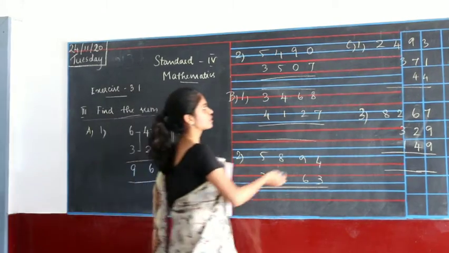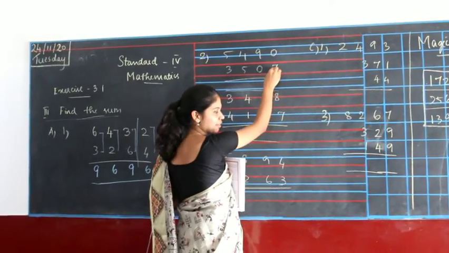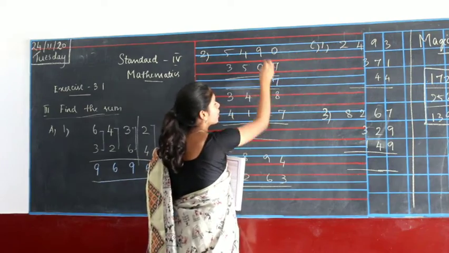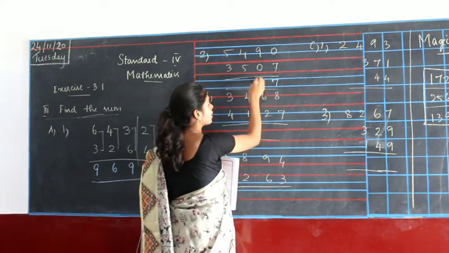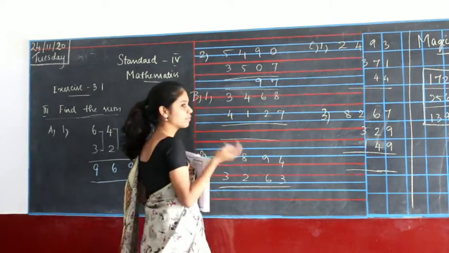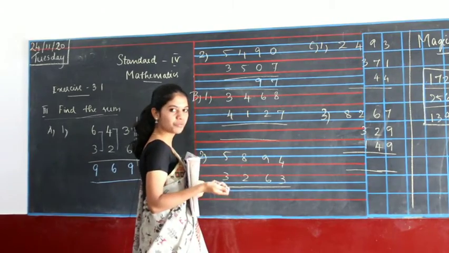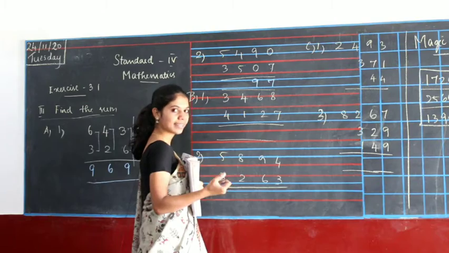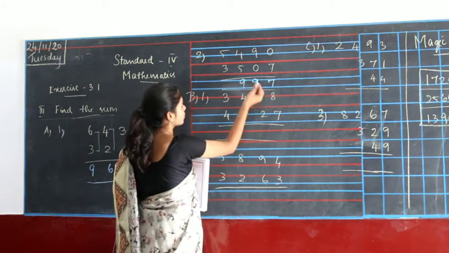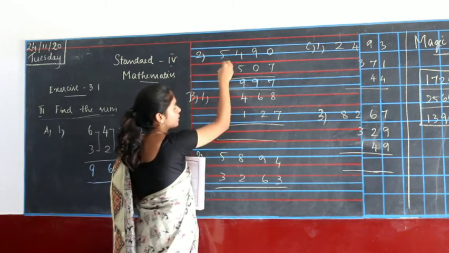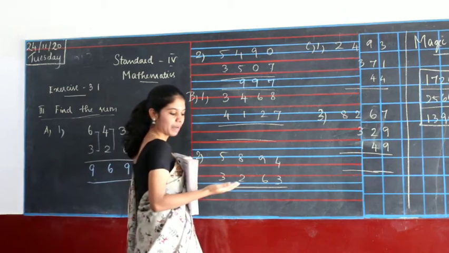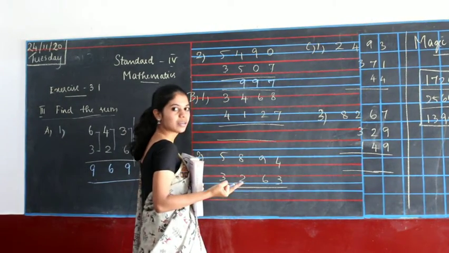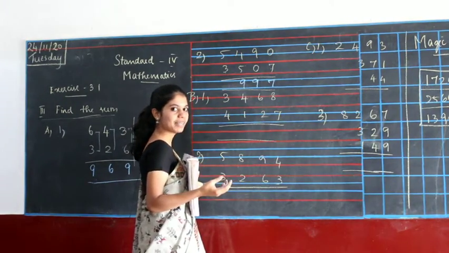Now in the same way, 0 plus 7 will be 7. 9 plus 0 will be 9. 4 plus 5 will be 4 in your mind, 5 in your fingers. 4, after 5, 6, 7, 8, 9. And 5 plus 3 will be 5 in your mind, 3 in your fingers. 5, after 6, 7 and 8.